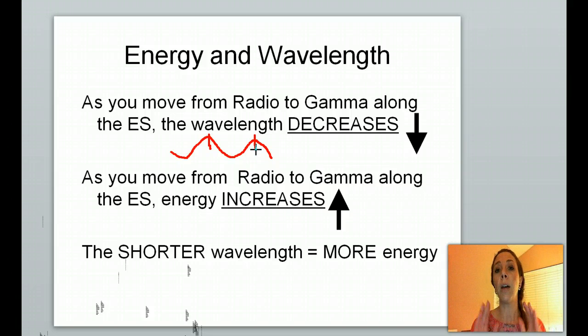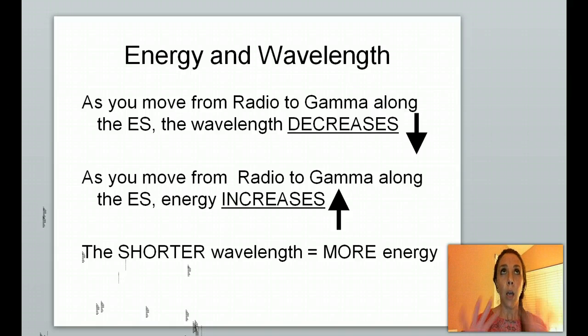Okay, now the higher the energy, the more harmful those waves are. The shorter the wavelength, the more energy, right? So as you go on from visible to X-rays and UV and gamma, those are really harmful types of EM waves, and we'll talk about those being released from the sun and how our Earth actually protects us from it. Most of our astronomy unit, we kind of focus on the universe around us, what makes Earth so different, why we are able to have life on our planet because of the very special properties of Earth, what protects us from these EM waves.